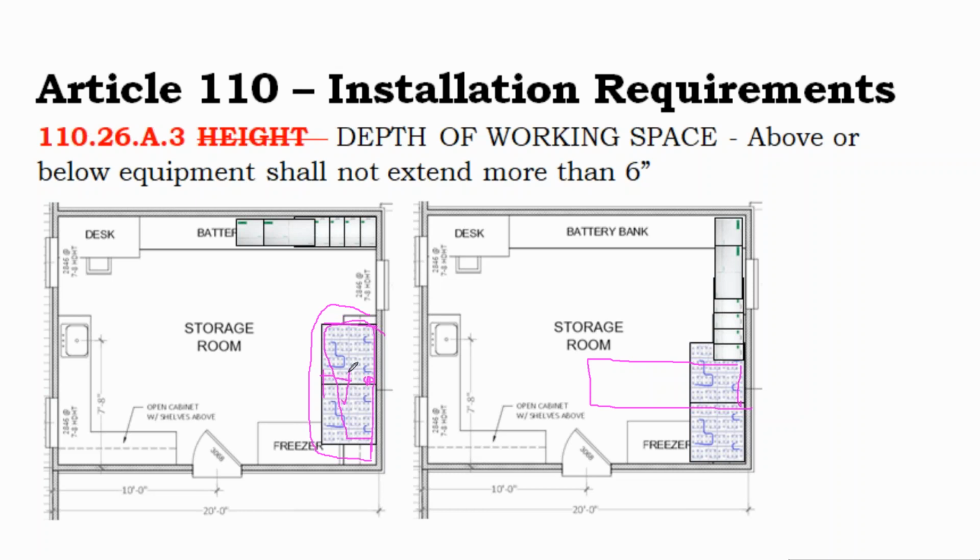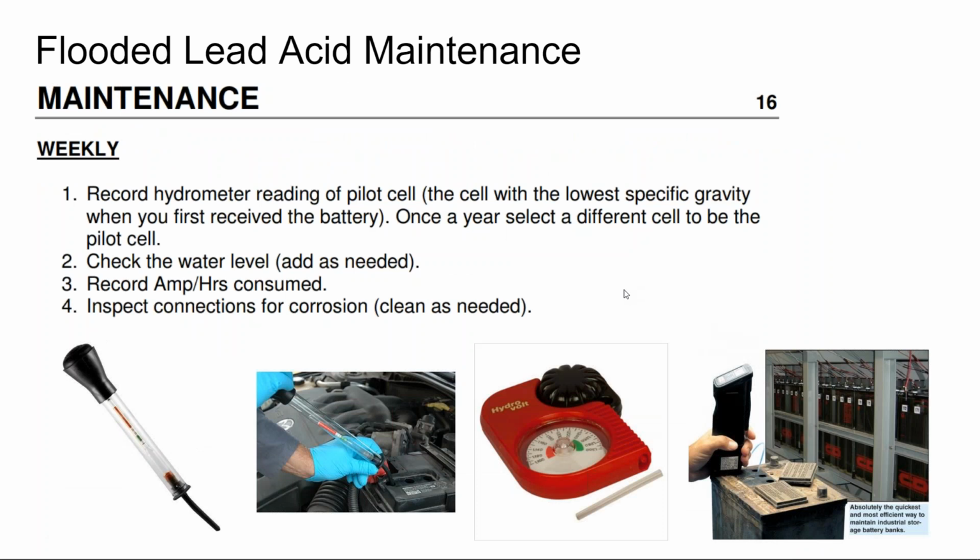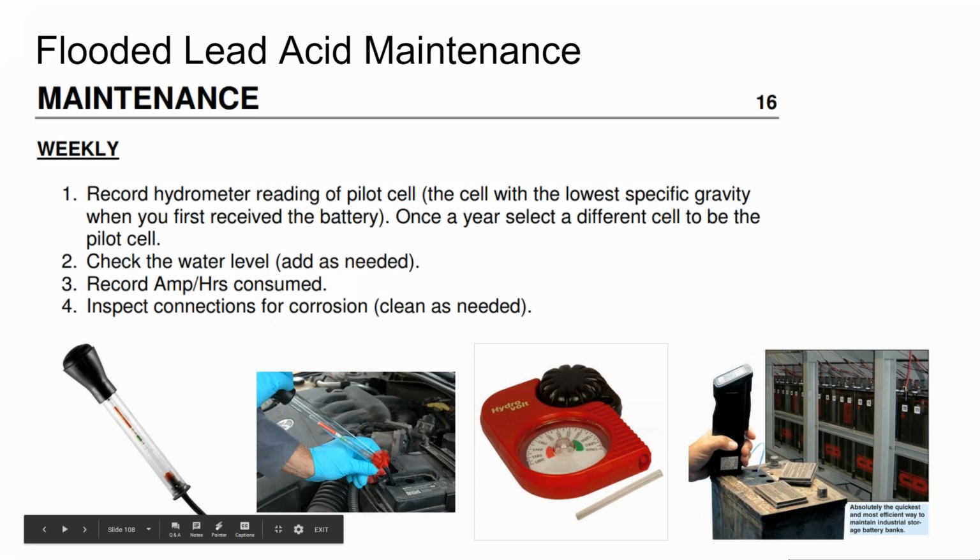In order to do it as you currently have it laid out, you're going to have to lean over the battery bank to service that. And what happens if you have a wrench and you drop it into the battery and it connects 2 terminals together? The safety code says don't set your client up to maintain a battery in that manner. And so these battery rooms actually do take up a lot of space. Just remember, you're going to have to be accessing them.